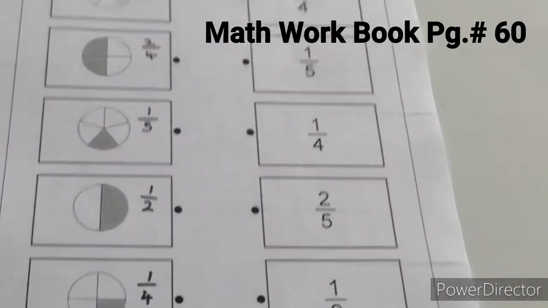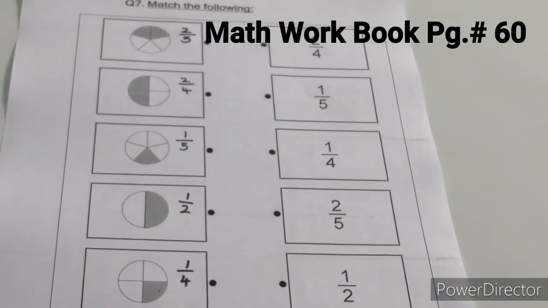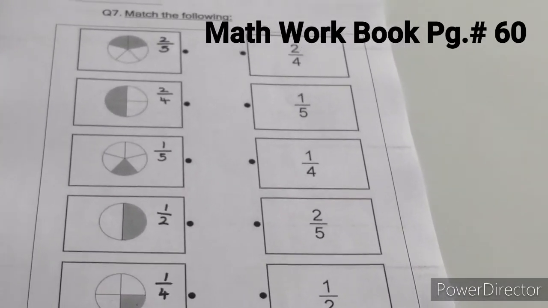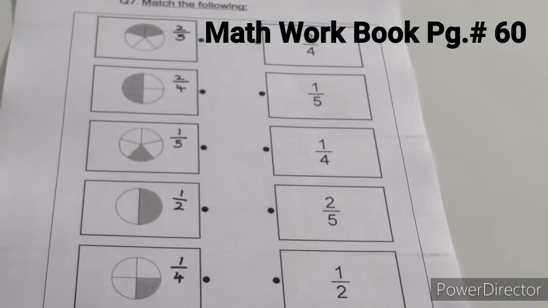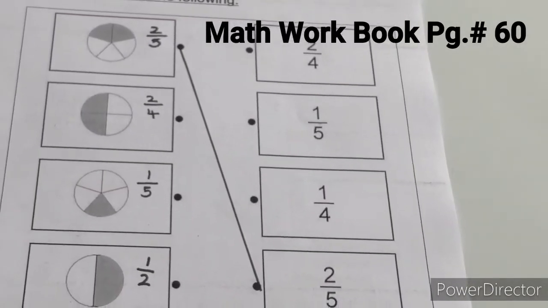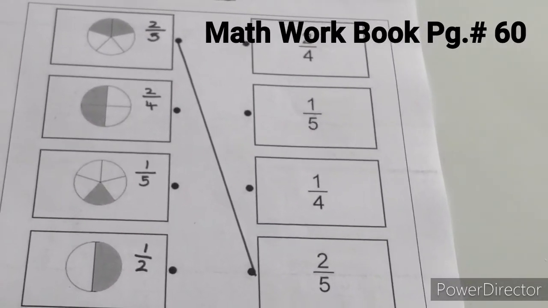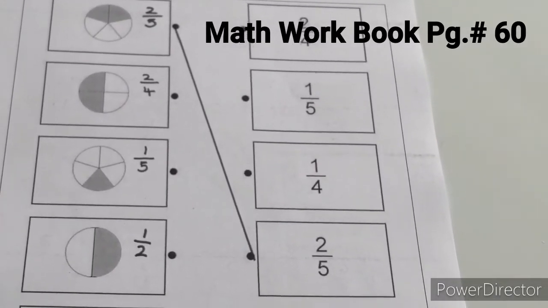So all of you write the fractions like this first. Now it is very easy. Same, whatever is there, you have to match it. You can do it yourself. It's so simple. 2 by 5, 2 by 5. The first one to the fourth one. Match it. Do it neatly with a scale and a pencil.